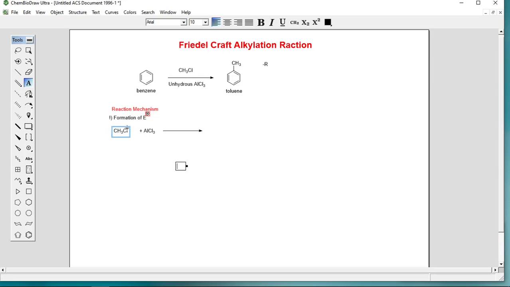So this Cl having lone pair of electrons, that lone pair attacks this AlCl3, because AlCl3 has a vacant p orbital, so it takes that lone pair and you will get the complex, and that complex breaks to give methyl carbocation. So this is your methyl carbocation, carbon having positive charge, and